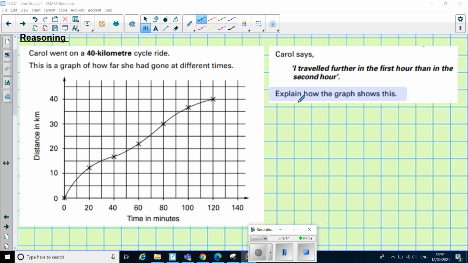Okay, Carol is talking about hours then. She says in the first hour compared to the second hour. So I need to know, first of all, that there's 60 minutes in an hour. So if I go to 60 minutes and I read across, then I can see how far she travelled in that first hour. So she travelled more than 20 kilometres, and we know that halfway between 20 and 30 is 25 kilometres. So she didn't go as far as 25. So I would say she travelled in that first hour approximately 22 kilometres. So I'm going to write hour 1,